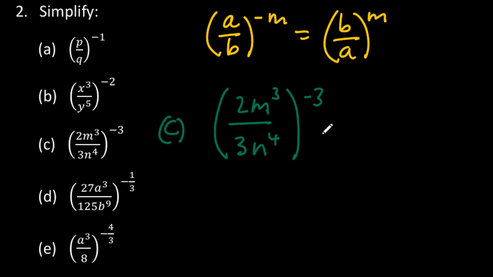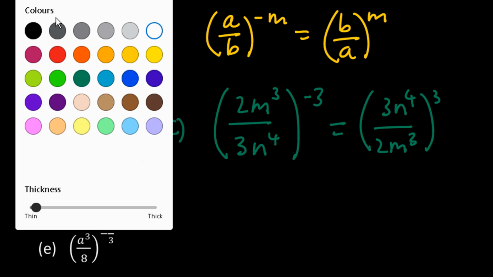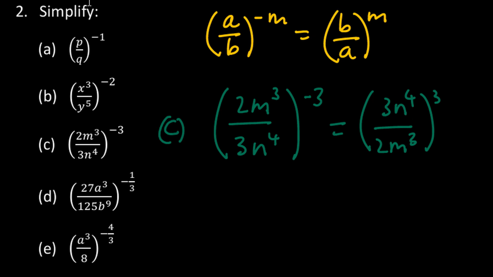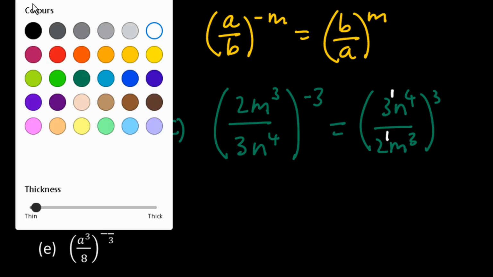We can first invert the fraction to make the power positive. So let's do that. So this is going to be to the power positive 3. Now we have brackets, which means we can multiply the powers inside the brackets by the power outside. So important to note that the 3 here has a power of 1 that we don't write, and so does the 2. So then multiplying the powers,